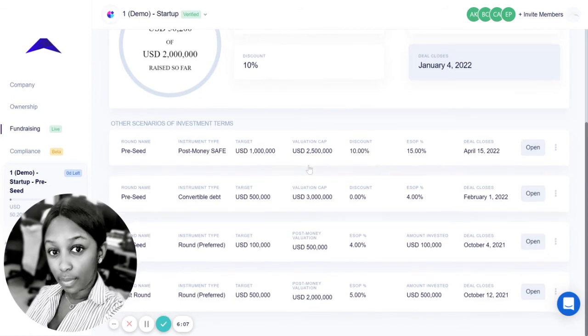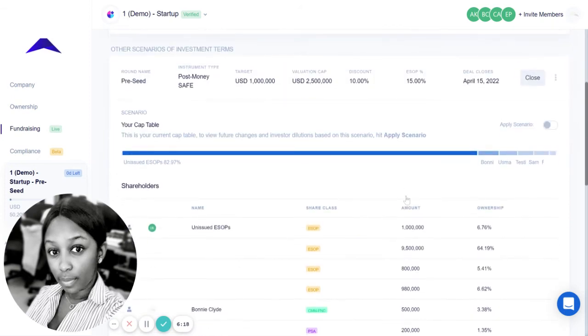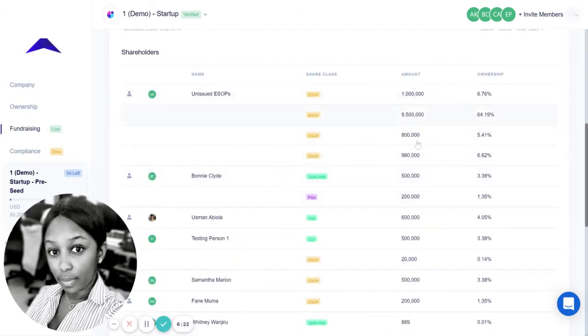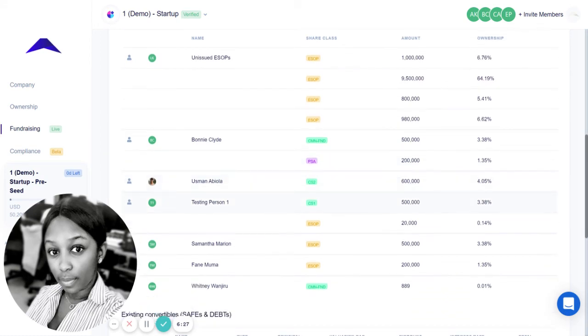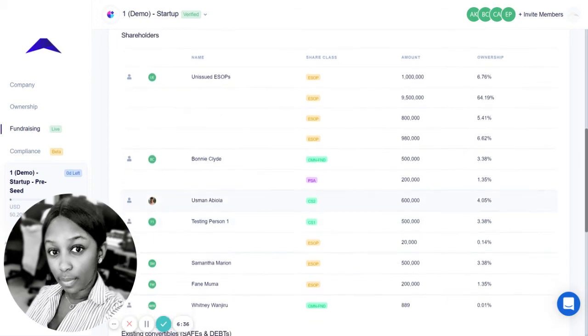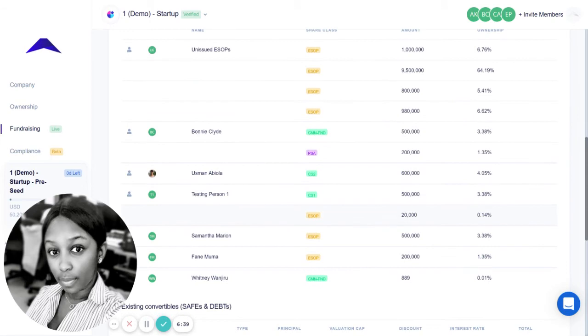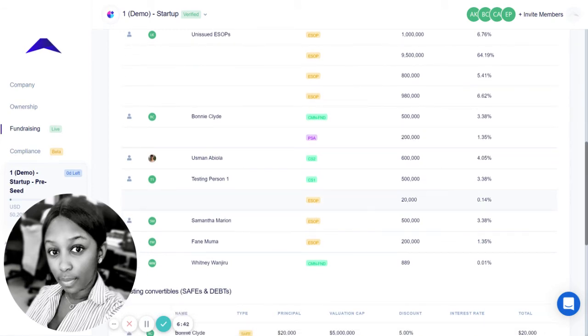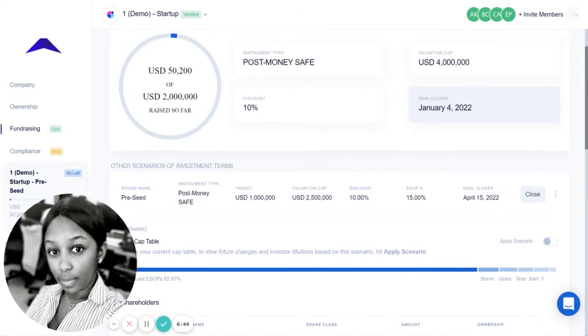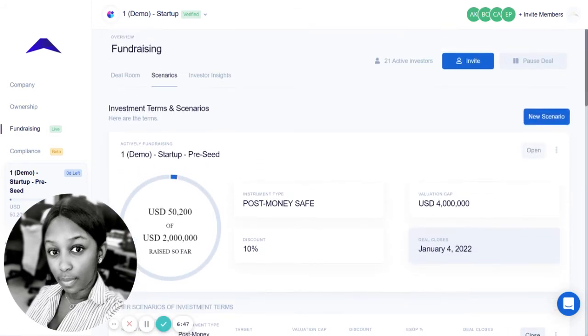So, as you can see here, this particular founder has been able to model different rounds within his deal room. And the best thing about this tool is, after you model the round, you can then see how it directly affects your cap table, right? So the idea behind this is for you to first understand how your immediate round affects your cap table, and of course how your next round after that would affect your cap table. This gives you information as a founder on what your ownership structure would look like after you're done fundraising. And of course, it keeps you a few steps ahead, and also helps you prepare for